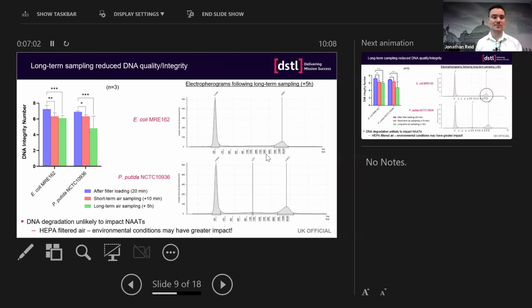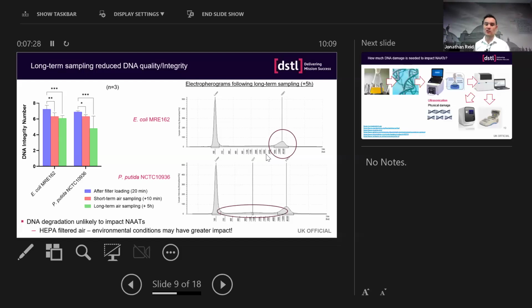Short-term and long-term air sampling resulted in a decrease in that integrity score. However, when I viewed the electropherograms, you can see here that there's actually quite minimal damage, and that the majority of the DNA is of high quality size. It's large fragment sizes. With Pseudomonas putida, you can see that there's an ever so slight increase in the intensity of those fragment sizes that are slightly smaller, but the majority of the DNA is of a large fragment